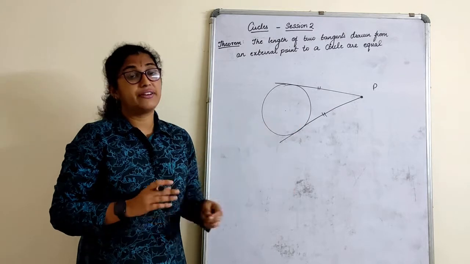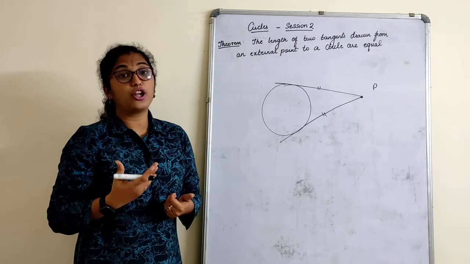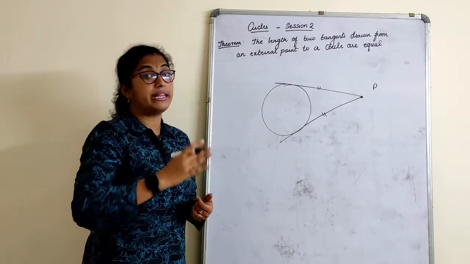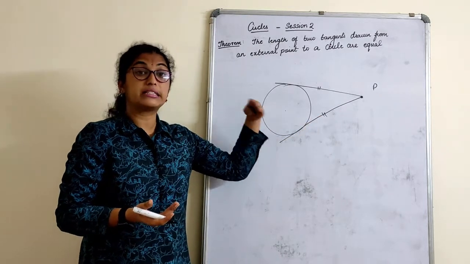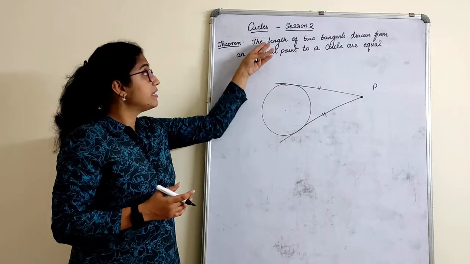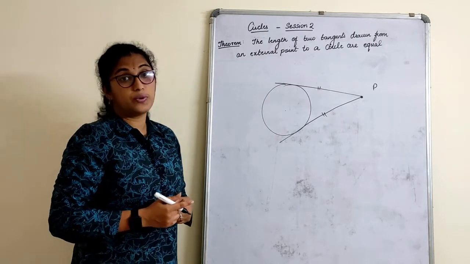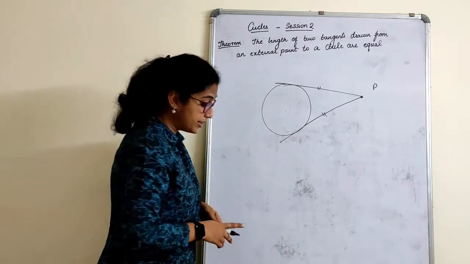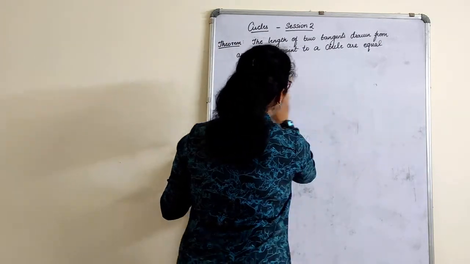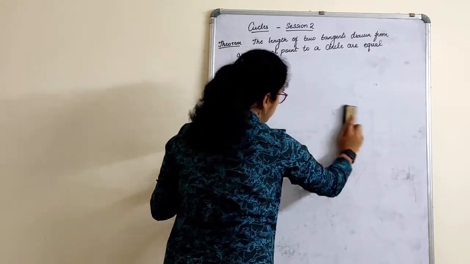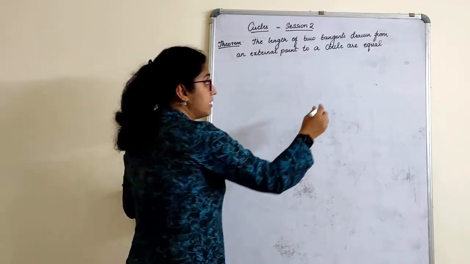As well, we have a construction chapter where we draw a pair of tangents to a circle from an external point and also verify that the tangents measure equal. We study that in construction, and the same theorem we are going to prove today. The length of the tangents drawn from an external point to a circle are equal, a very important theorem. It's again congruency that we have to use in proving. The theorem is very simple.